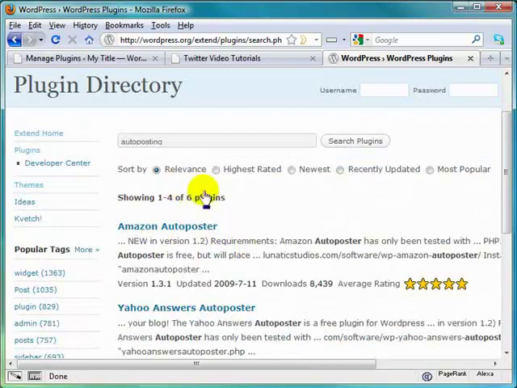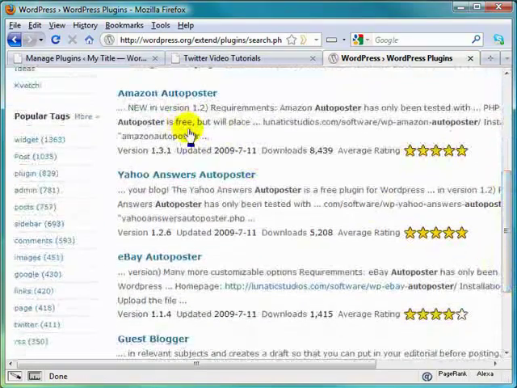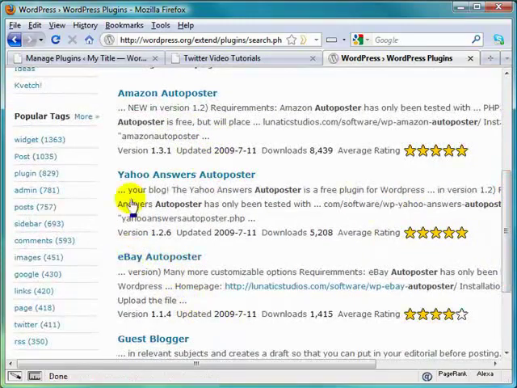Amazon Auto Poster. Okay, there's only 6 plugins at this point, but these will be more targeted to what I'm talking about anyway. And all of them have pretty good ratings here. And these are affiliate auto posters. Maybe not so much Yahoo Answers, but this will deliver fresh content based on these particular sites. Amazon, if you've got an affiliate account with them, this might even throw a couple of coins in your pocket as well,